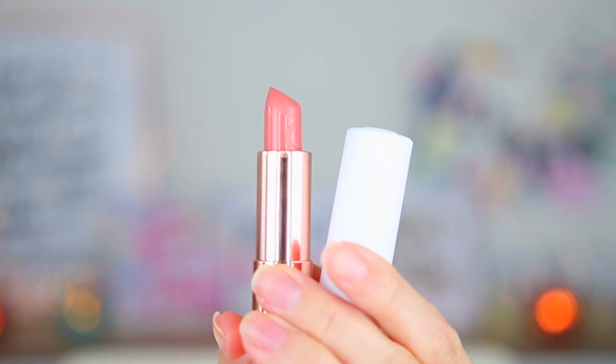Moving on to this nude lipstick by Essence, it is the This Is Me lipstick in the shade 12 Loyal,